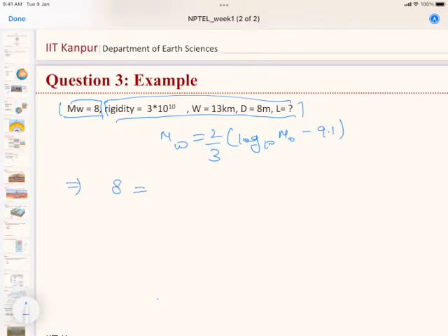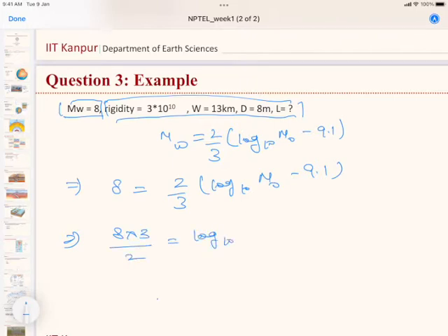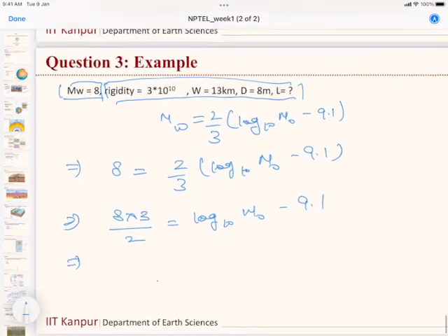Now it's 2 by 3 log 10 M naught minus 9.1, and if we solve this, what we'll have,